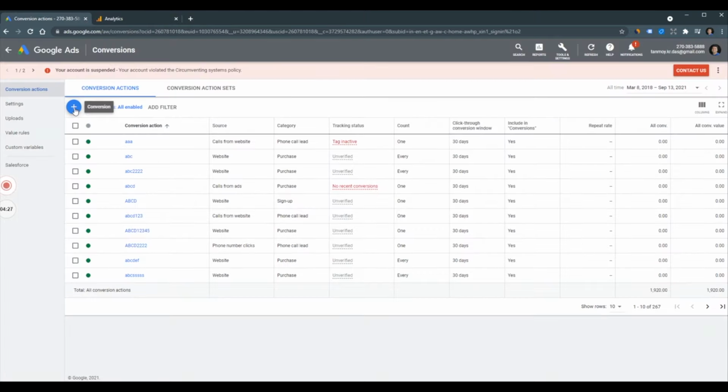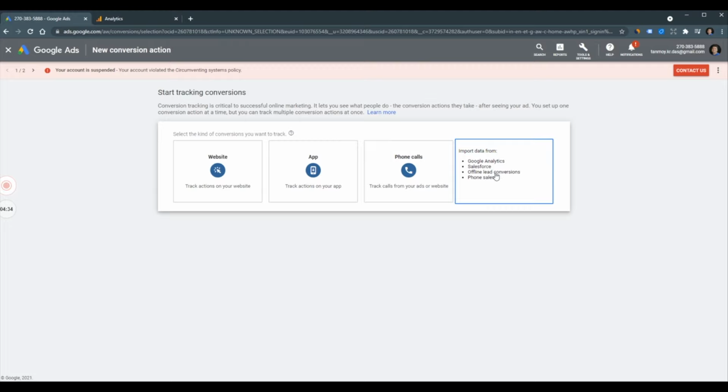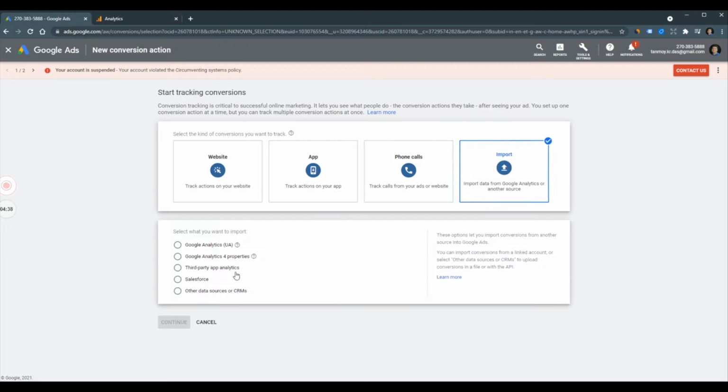Here we can click on the plus conversion action button to import this. The fourth option which you have, import, we can choose, and this time we're going to choose the second option, which says Google Analytics 4 properties.